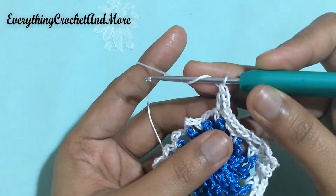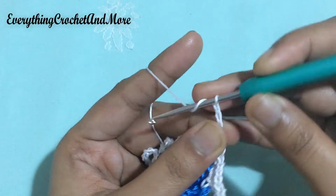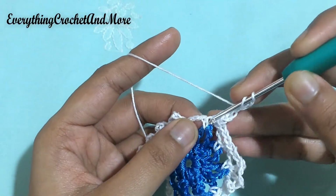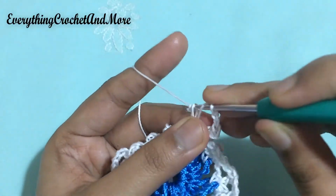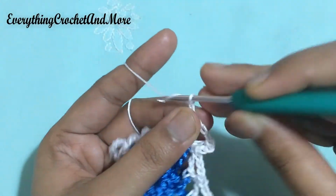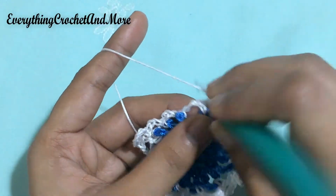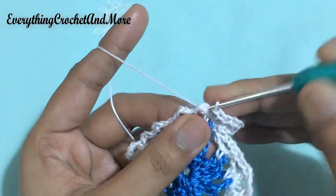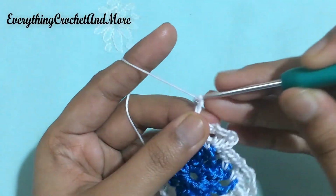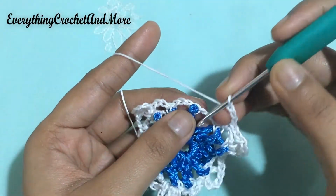Double crochet done, followed by chain 3, 1, 2 and 3, followed by a double crochet again in the same single crochet stitch, and that done, followed by chain 2, 1 and 2 and a single crochet in the next chain 3 loop, like so. That done, followed by chain 3, 1, 2 and 3 and a single crochet in the next chain